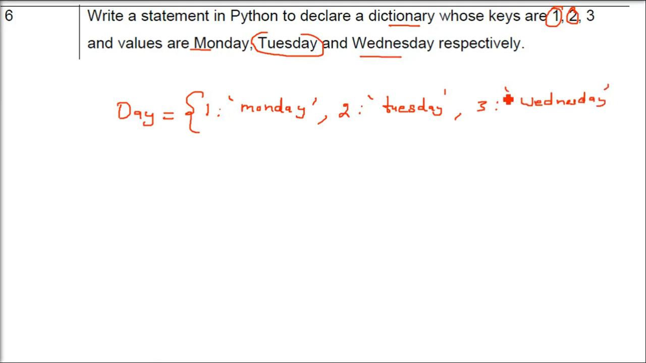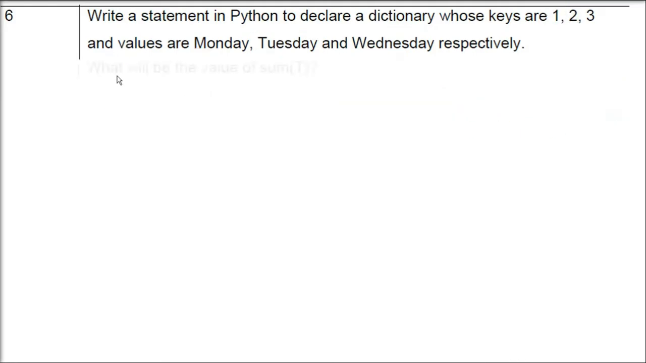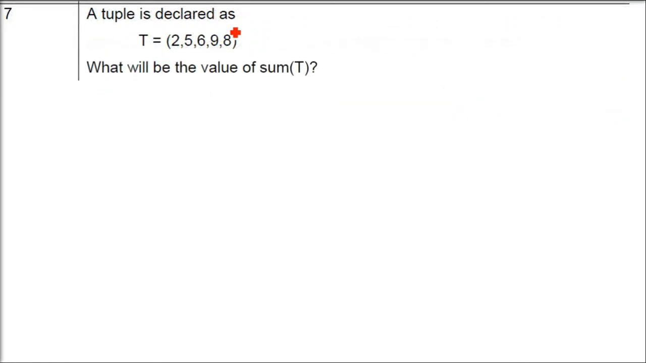So the way it is written, you have to write that way only. Don't change it. Right? And now once these key pair values are being done, all these are capitals. Then you end with a brace or a curly bracket. A tuple is declared as